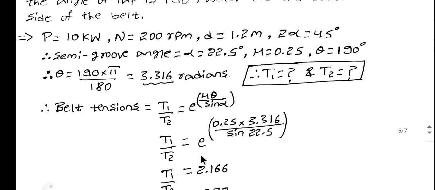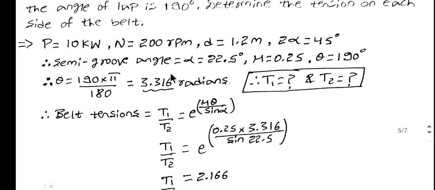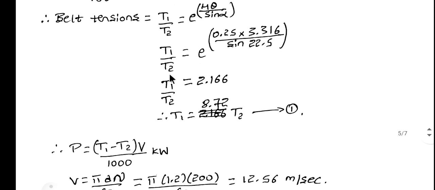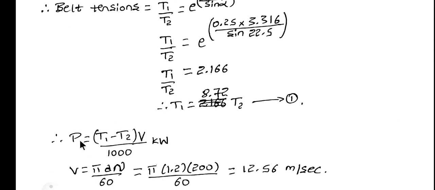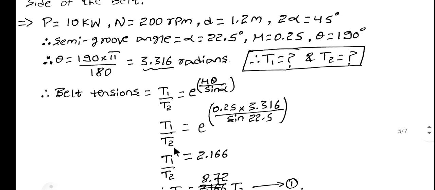Now we'll see what are the possible way of finding the tension. In the given data, power is given, N is given, means you can use power transmitted formula. Power transmitted is equal to T1 minus T2 into velocity of the belt divided by 1000. He has given the diameter and the speed of the pulley is given. Therefore, velocity of the belt is equal to pi d n divided by 60. Substitute the value of d. It is given as 1.2 meter